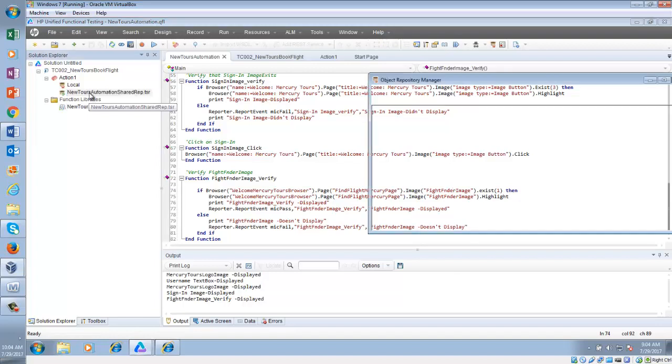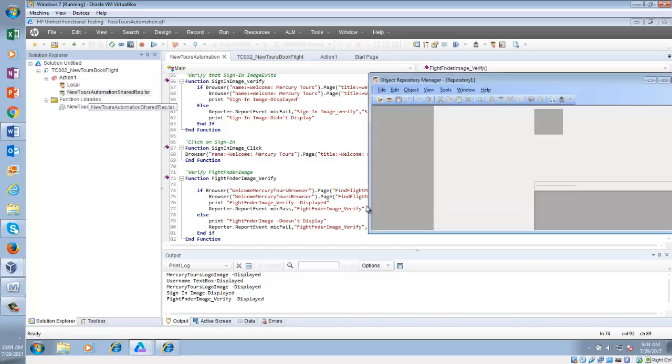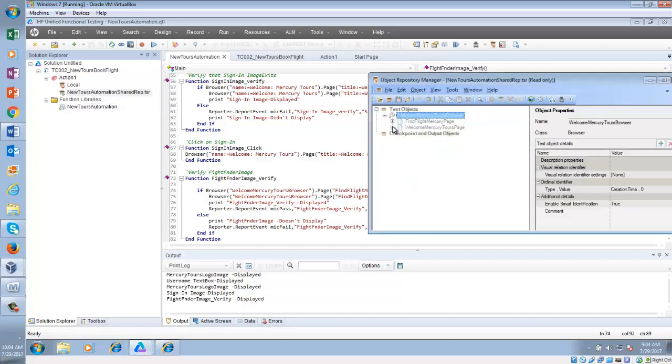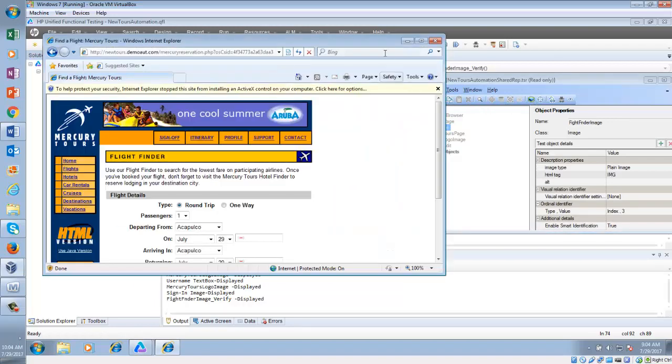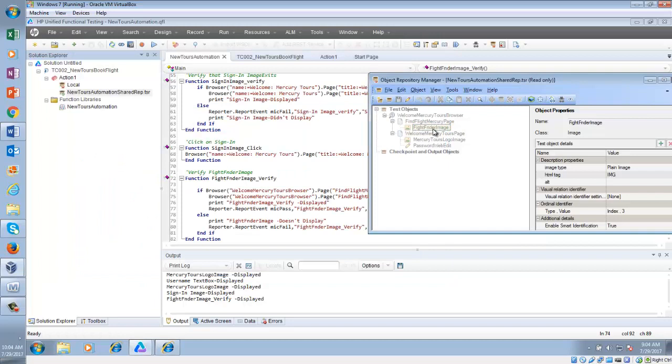In this shared object repository I have this flight finder. Let me see, yeah, flight finder. Can you see this flight finder image? I have it in the shared object repository. But instead of putting it in the shared object repository, if I put it in the local object repository, I will not be able to use that object in other test cases.